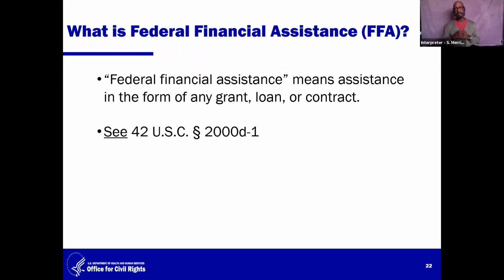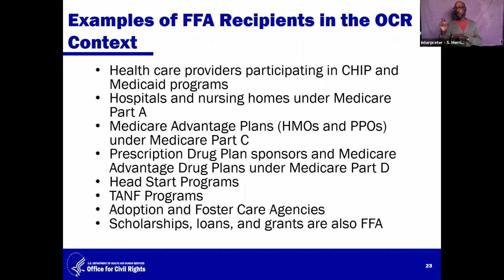What is federal financial assistance? Federal financial assistance is defined by statute. You will note the statute on the slide. And federal financial assistance is any assistance in the form of any grant, loan, or contract. Next slide. Now, this slide provides some examples of entities that are considered to be FFA recipients in the OCR